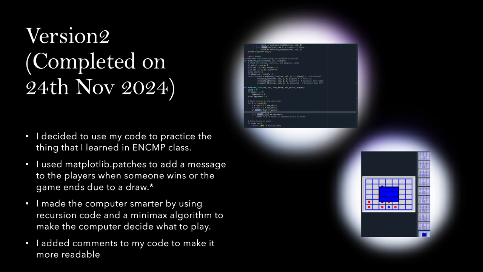A recursive function is basically a kind of function that calls itself. So if you have a function that prints hello world, and after printing hello world, it calls itself, you could print hello world an infinite number of times, or you could have another parameter for the function, such as count, which could be 5, which makes the recursive function only call itself a particular number of times. So after 5 iterations, you get hello world printed 5 times and the function ends there. Finally, I included comments to make my code more readable.